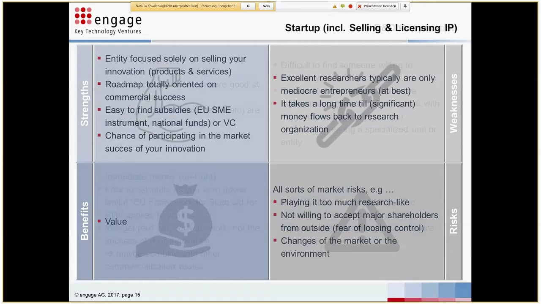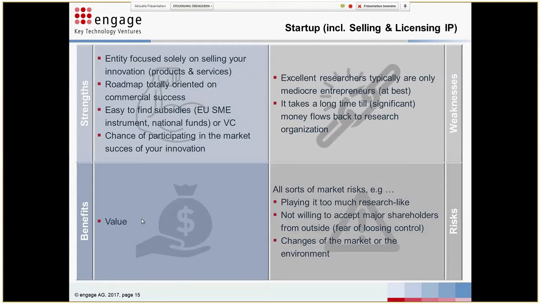The next thing is startups. This is actually talked about quite a lot, and politicians talk a lot about startups. You read a lot about startups in the news media. And startups, of course, have a number of strengths when you're talking about commercialization routes. And the main strength is that by creating a startup, you create an entity which is focused solely